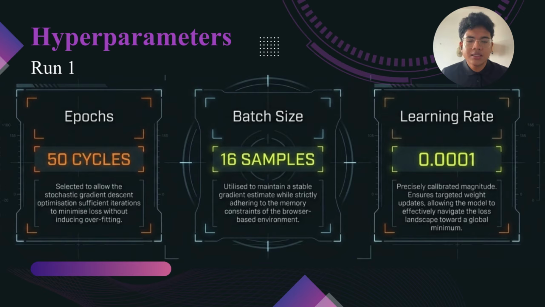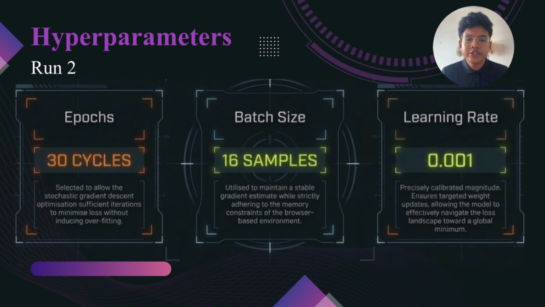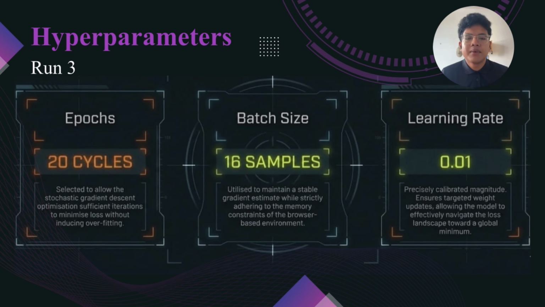So third is the learning rate. Learning rate controls how fast the model updates itself. Too fast and it misses the best solution, too slow and it takes too long. As you can see, we reduced the epoch and increased the learning rate across each run to observe how it affected the model's performance. By comparing these 3 runs, we were able to identify which settings produce the most accurate